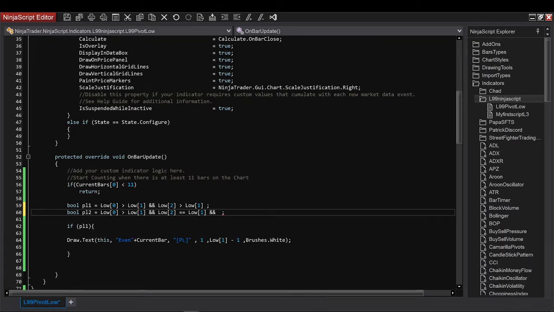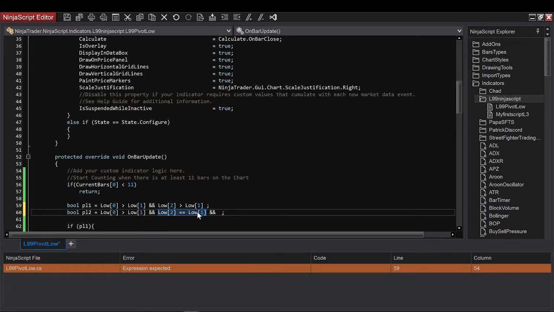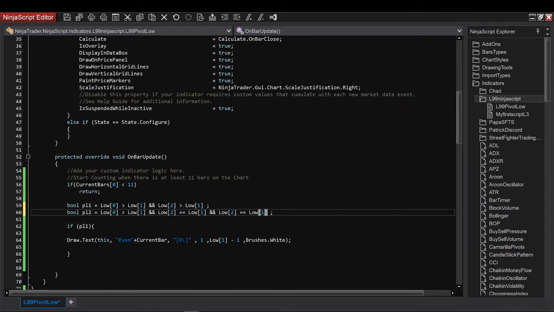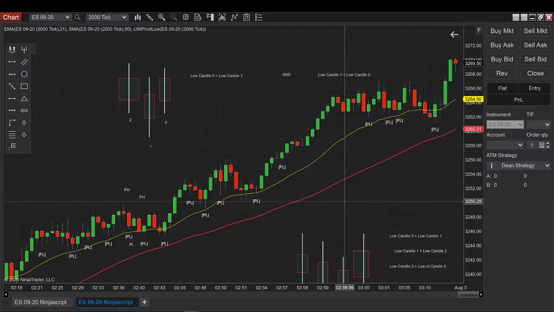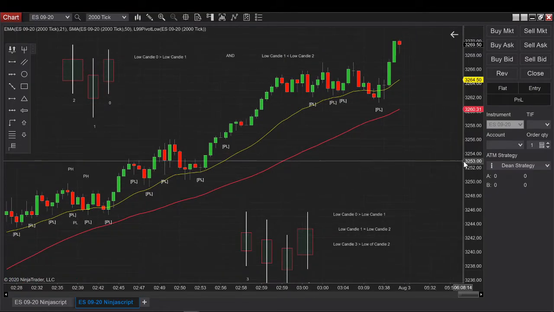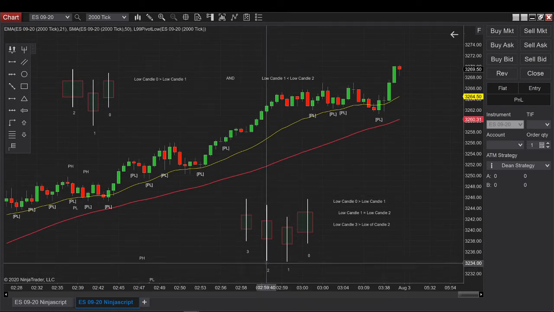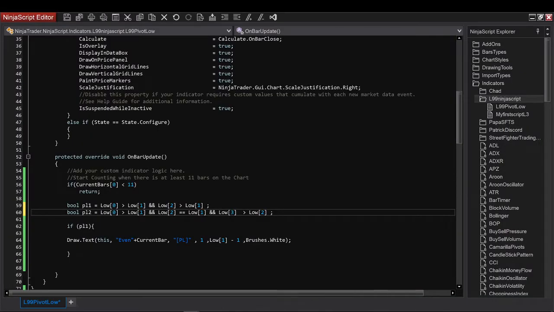okay, I have this. So if the 2 is equal to the 1, but the 3 is greater than the 2, this condition is this one. If you remember, for example, I had 2 equals, so 2 is equal to 1, but 3 is higher than 2, and 0 is higher than 1. This is exactly the condition that I coded over here. So I coded this, and then I say, maybe I put a third one, just for fun.